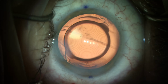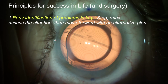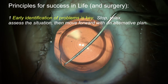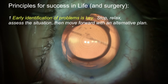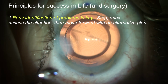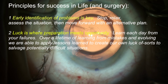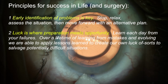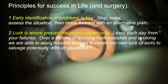This case took about 41 minutes from start to finish, but by applying the principles of, number one, early identification of problems and learning pattern recognition so we can stop, relax, assess the situation, and then move forward with an alternate plan, we're able to safely help this patient achieve his visual goal. Additionally, the principle of luck is where preparation meets opportunity, and by learning from a lifetime of mistakes and evolving, we were able to apply lessons learned to create our own luck of sorts to salvage a potentially very difficult